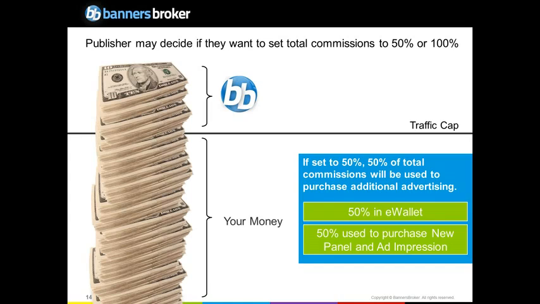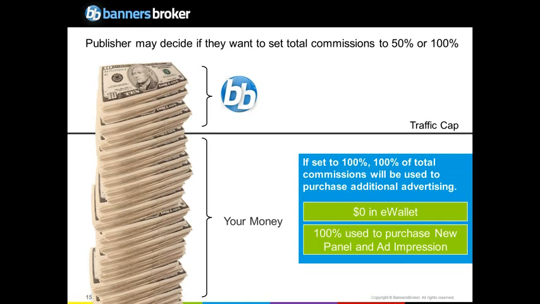So whenever you qualify a panel, including your complimentary panels, when they are finished earning revenue, you're always going to end up with at least one new panel. So you'll never run out of inventory, because you always end up with one new one, which allows you to go qualify it again and make money again. But you also have the option of setting your panels to 100%. And if you set your panels to 100%, what you're telling us is the total revenue earned, the $180, you want to take all of it and purchase additional ad inventory and impressions, so it'll be zero amount in your e-wallet. So in this case, you'd end up with 2 blue panels when you were done.